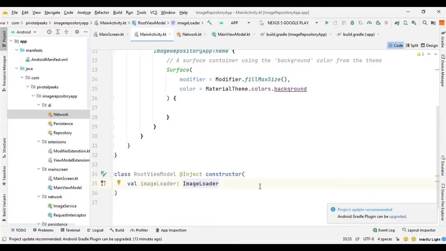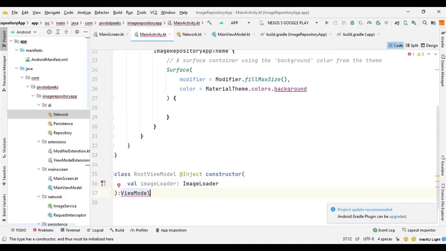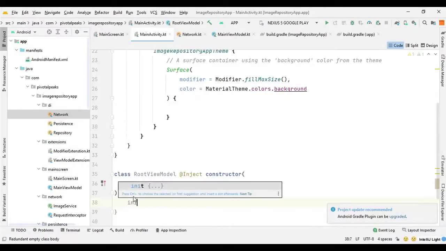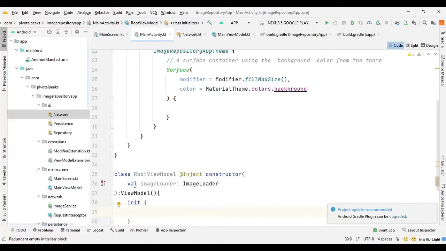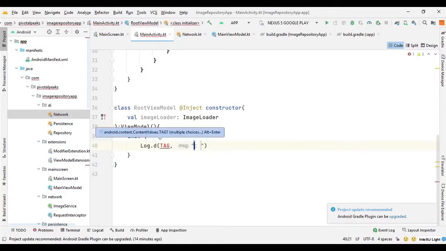After that, we need to extend this class with ViewModel. So we can say colon ViewModel, and inside this class we just need to initialize this class. So we can say init, and we can log it. So we can say Log.d, and we need to import the tag.